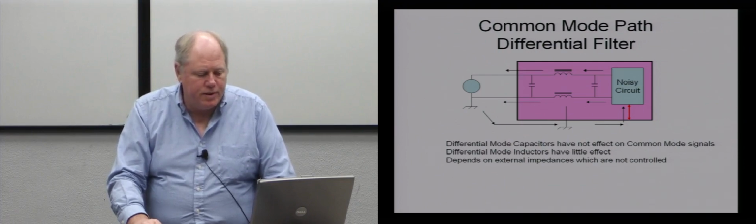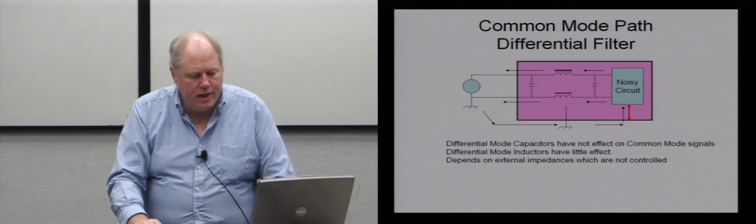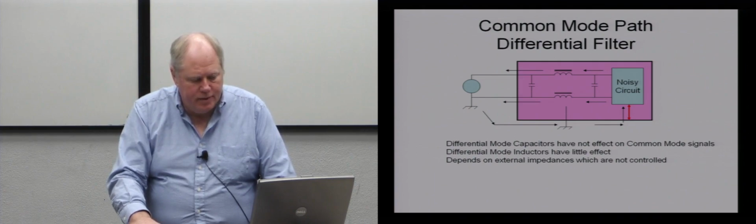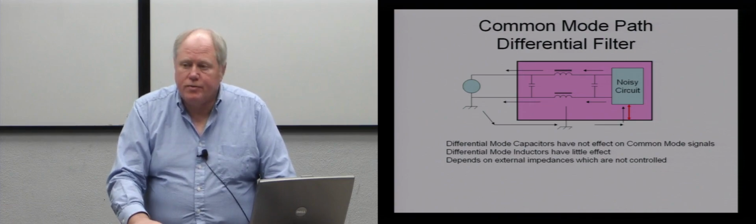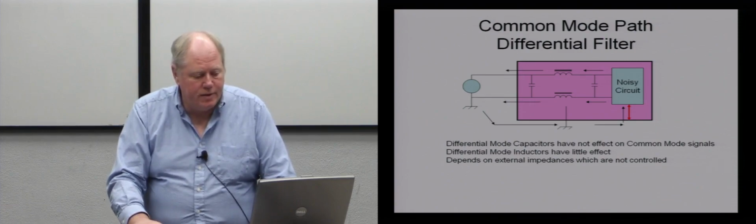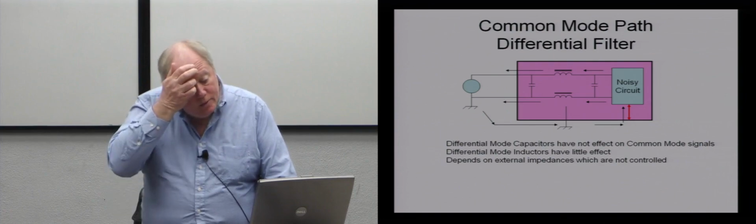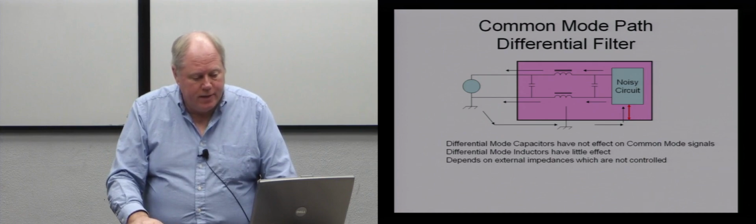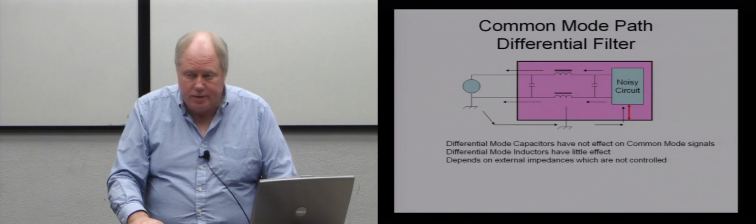It is going through those inductors, but the voltage drop you get across the inductor depends on what the voltage in the rest of the loop is. If that is a relatively large impedance at that frequency compared to your inductor, that inductor really isn't doing much for you either, and you can get currents going around in this loop. The loop could be through a ground wire that's in your power cord, or, depending on how things are grounded, it might actually really be through the